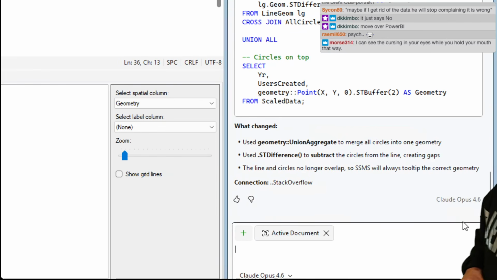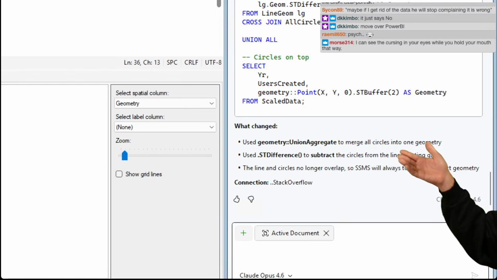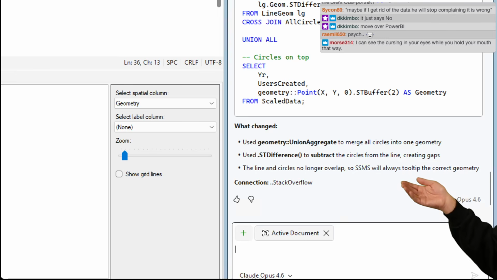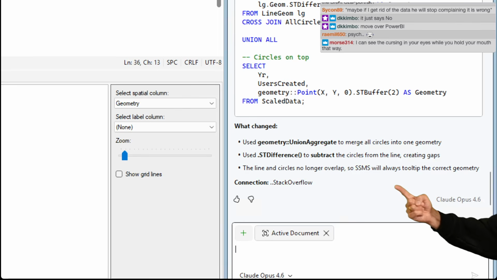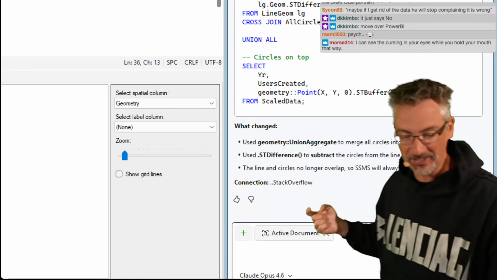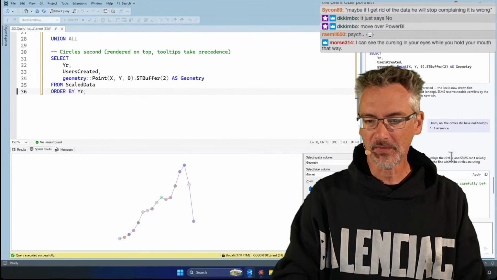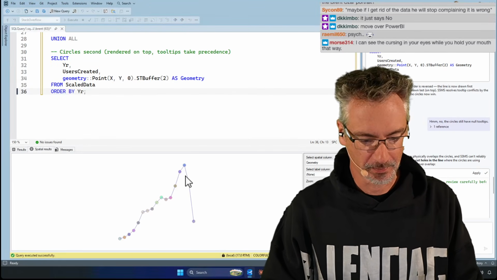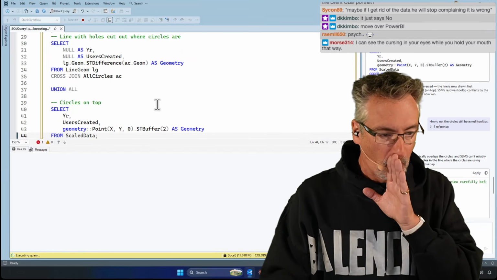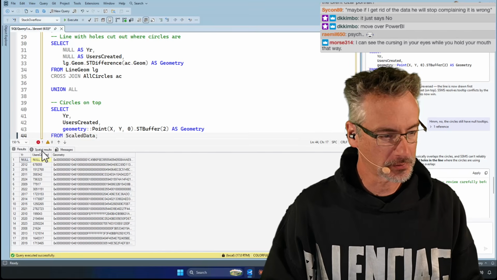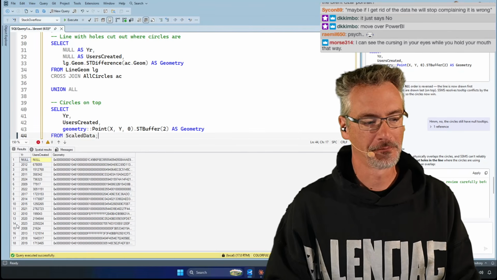Interesting. Use geometry to merge all the circles into one property. Use this to subtract the circles from the line, creating gaps. Neato! The lines and the circles no longer overlap. So let's remember this. Let's print this out and frame it. SSMS will always tooltip the correct geometry. Let's find out. Let's go up here and take a look. Copy and paste. Drum roll, please. I don't have a drum roll. Spatial results. Okay, so